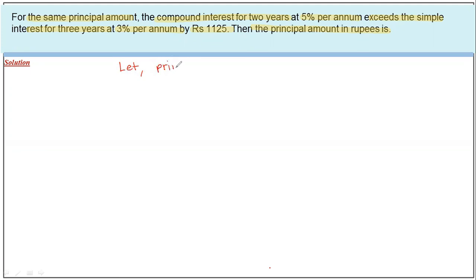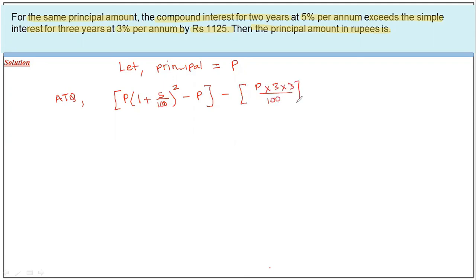So let the principal be equal to P. So according to the question, we have P into 1 plus 5 by 100 square minus P. This is the compound interest for 2 years minus the simple interest for 3 years, given as 1125,